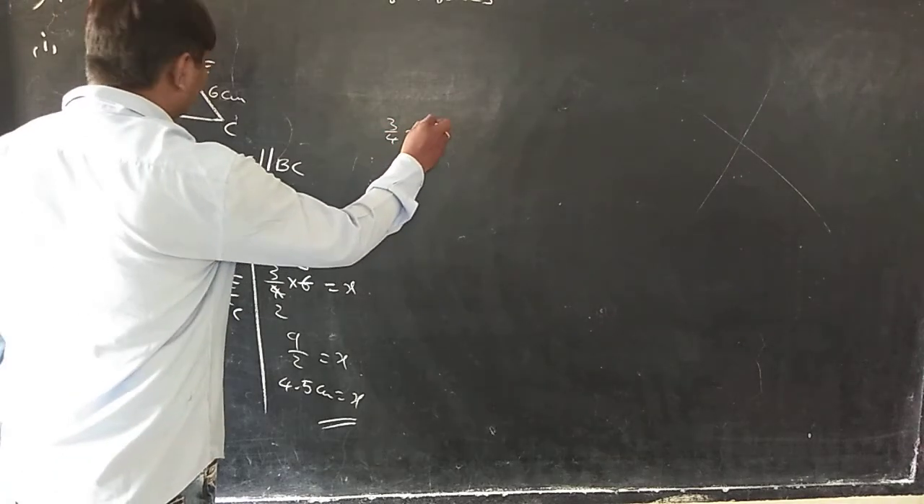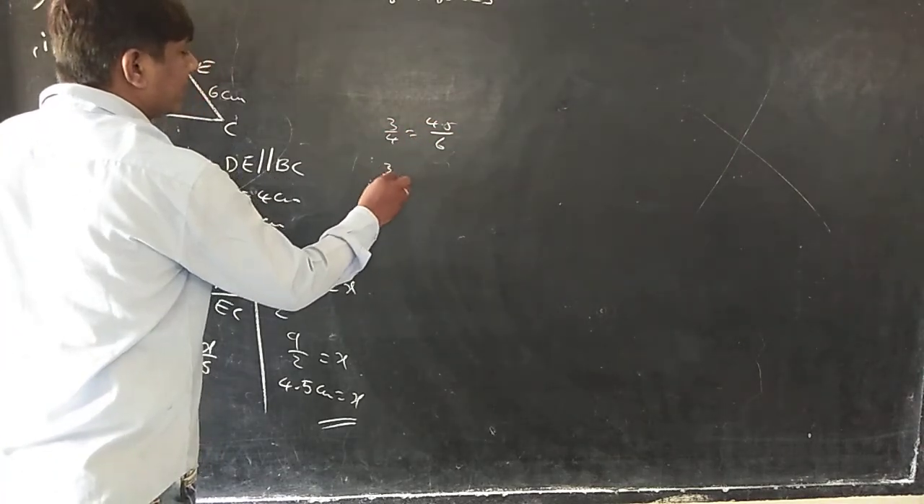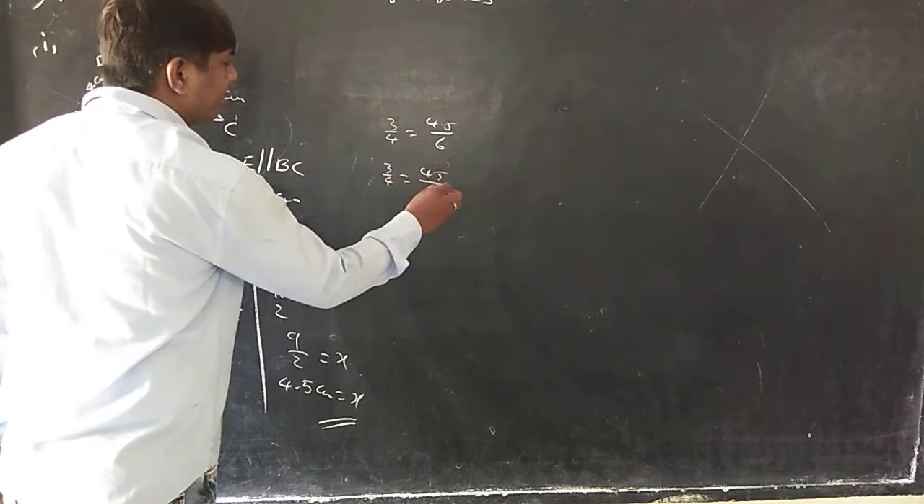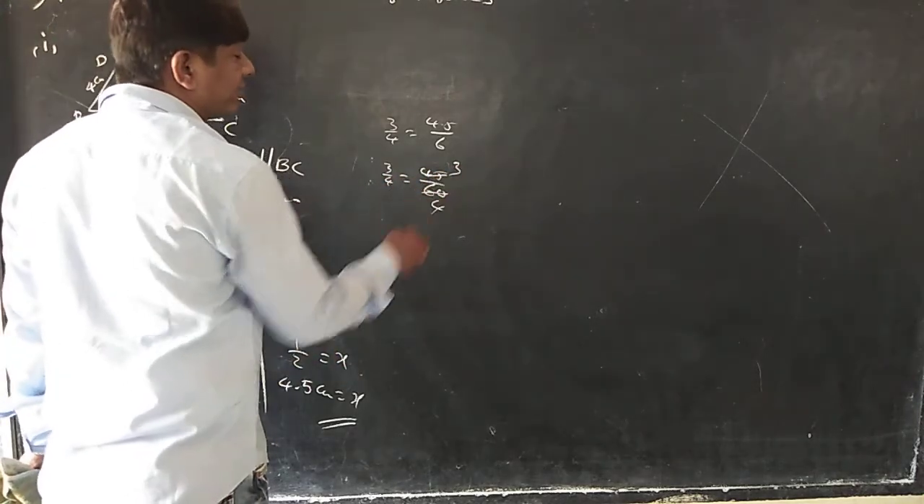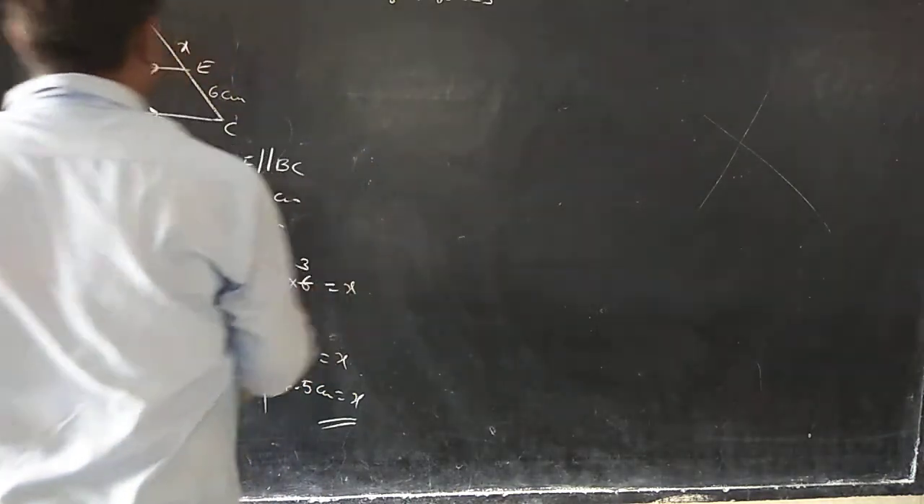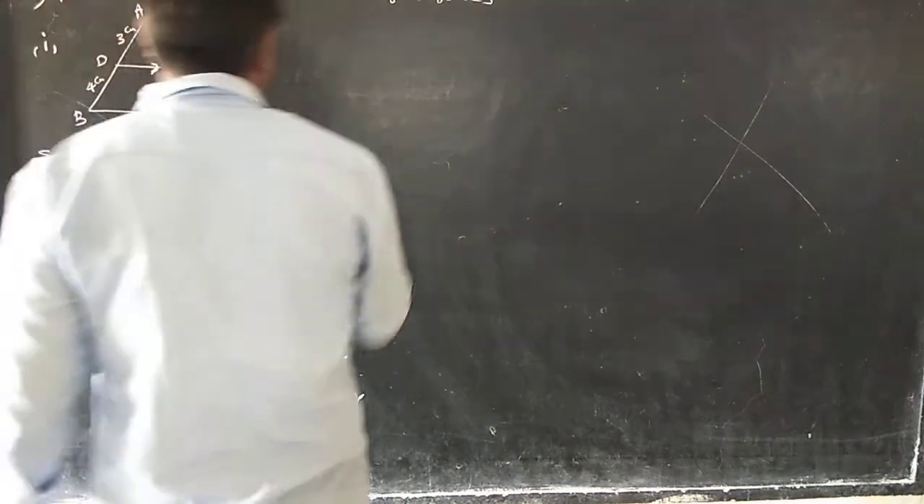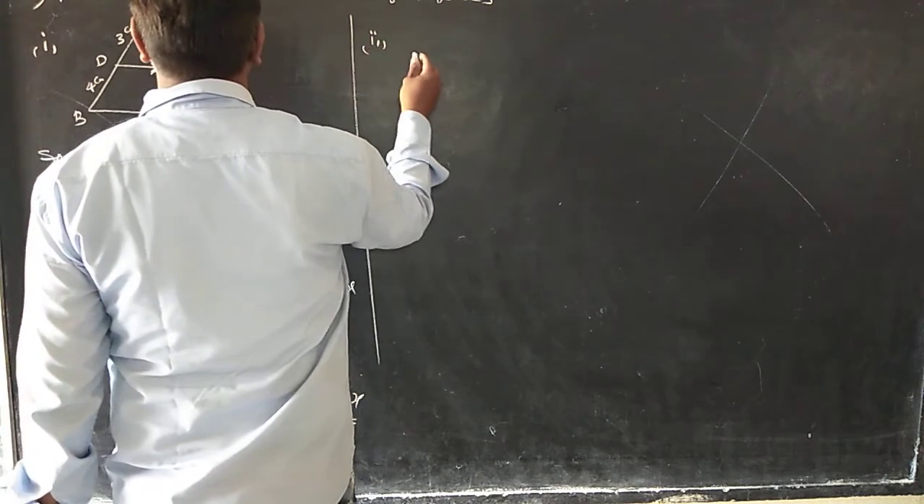For cross verification, you can check that one. 3 by 4 is equal to 4.5 by 6. That is 3 by 4 is equal to 45 by 60. 15 3s are 45, 15 4s are 60. 3 by 4 equal to 3 by 4. Okay. The next one is